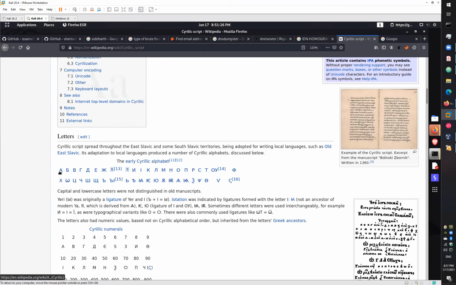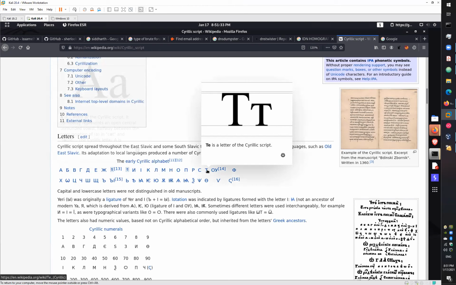You can see here A, B, and characters like M, H, O, P, C, T. They look similar to actual ABCD in English, but our machine will treat them as different characters.